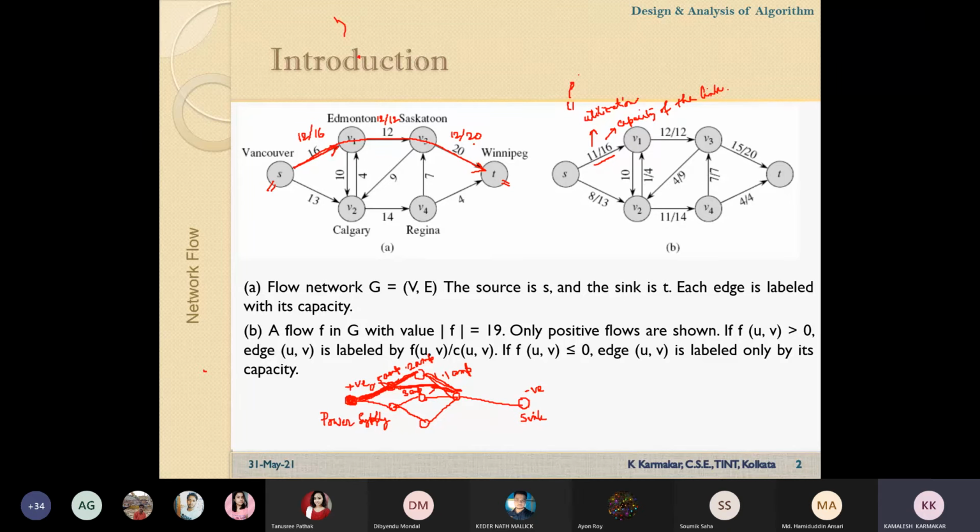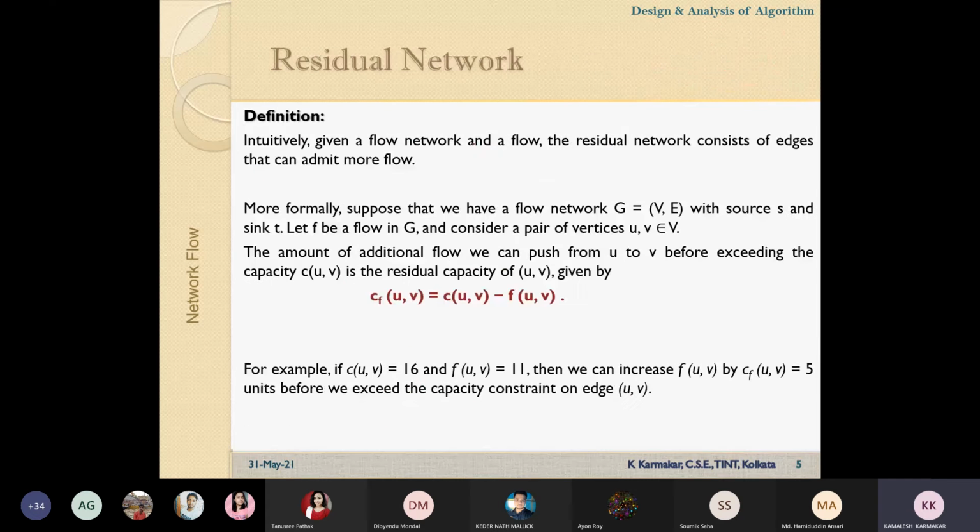So we determine the residual graph, and from the residual graph, in the next step, we will try to find the additional flow that is possible. In that way the maximum flow can be determined. So we will determine the path connecting source and sink. This path is known as